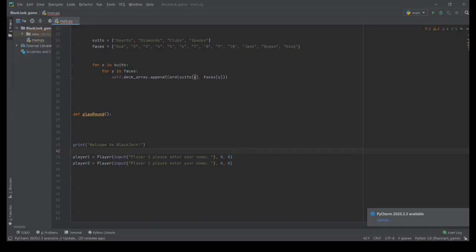Just look up some rules in blackjack. So the dealer deals, in blackjack, the dealer deals a card to each player, and then